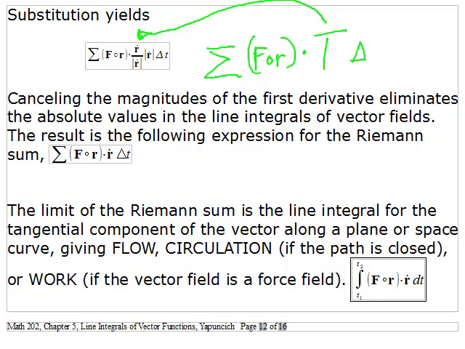Then we're multiplying by the little segment ds to complete our Riemann integration, and ds is equal to the magnitude of r dot times delta t, and that's why that appears here. Now obviously you can cancel those two, and we end up with